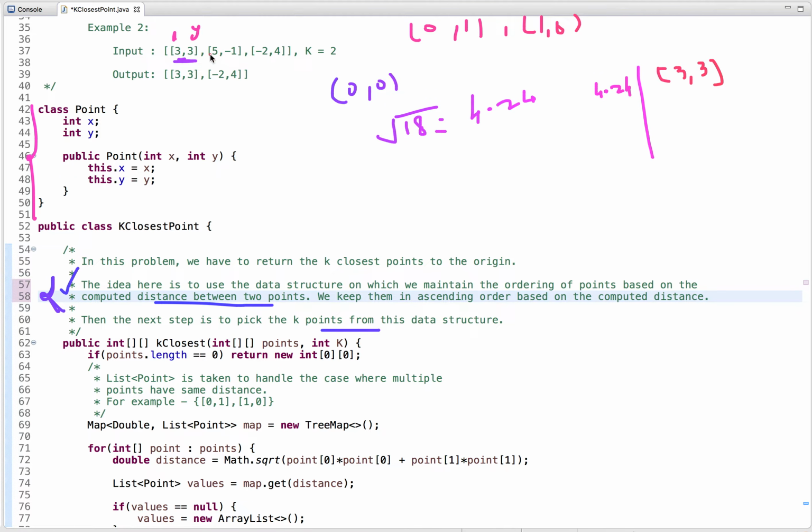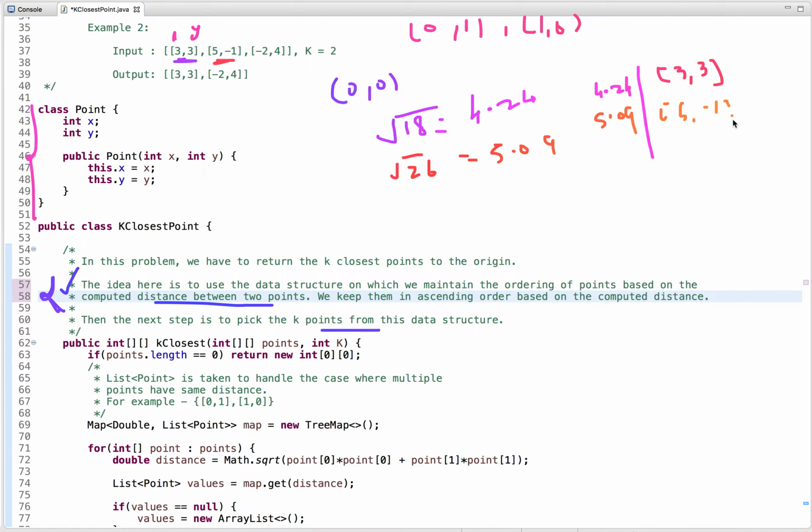Now the next distance we have to calculate is from this point and this point, and it is square root of 26, which is 5.09. Let's put 5.09 and this point 5 comma minus 1.